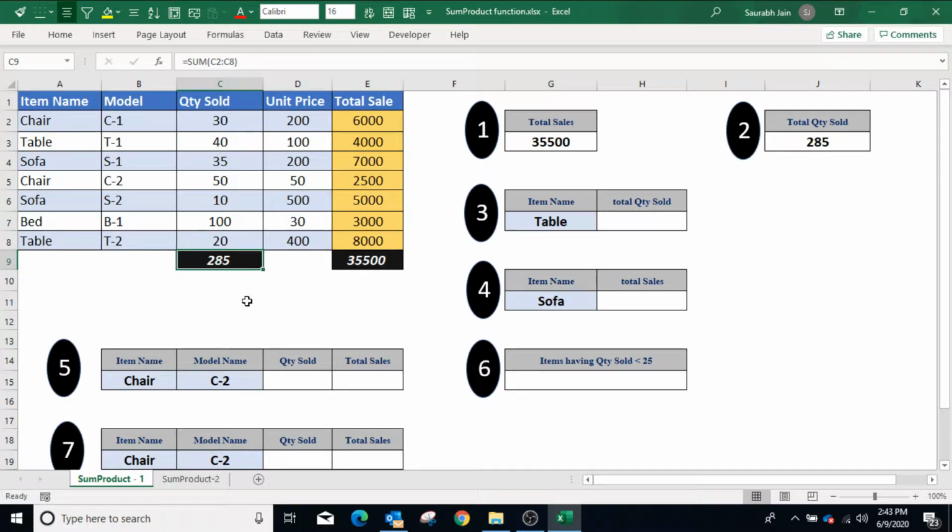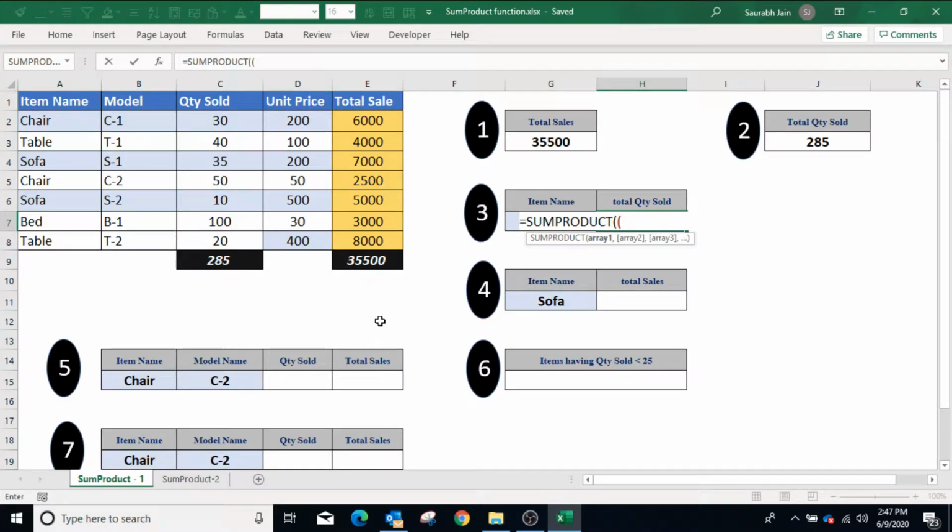Sometimes we need to add data based on some criteria. In that scenario, normally we use the SUMIF function. So in our example, to get the total quantity sold of a particular item, for example table, type equals SUMPRODUCT, open bracket, then open bracket for the first array.